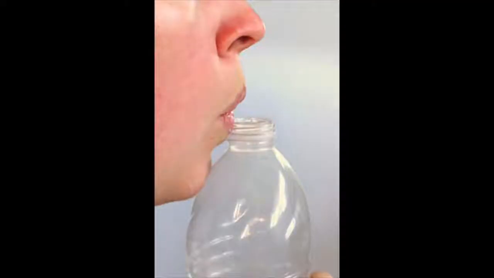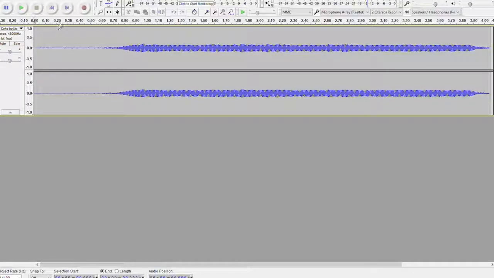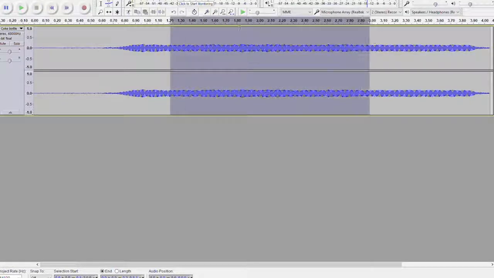First, you need to find out which frequency your resonators will resonate at. To do this, record the sound of air blowing over the top of your bottles with your phone. Next, import this file into an audio editing software. A great program to use is called Audacity. It's free to download. Once you've imported the audio into Audacity, highlight a section of the sound and click on